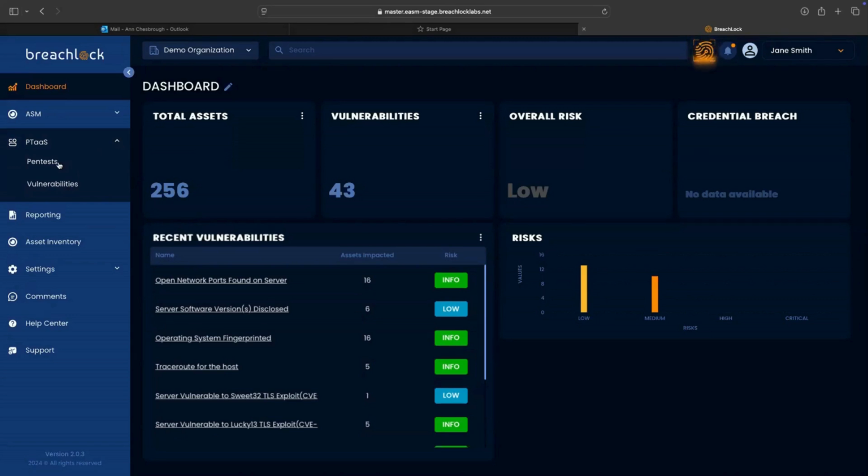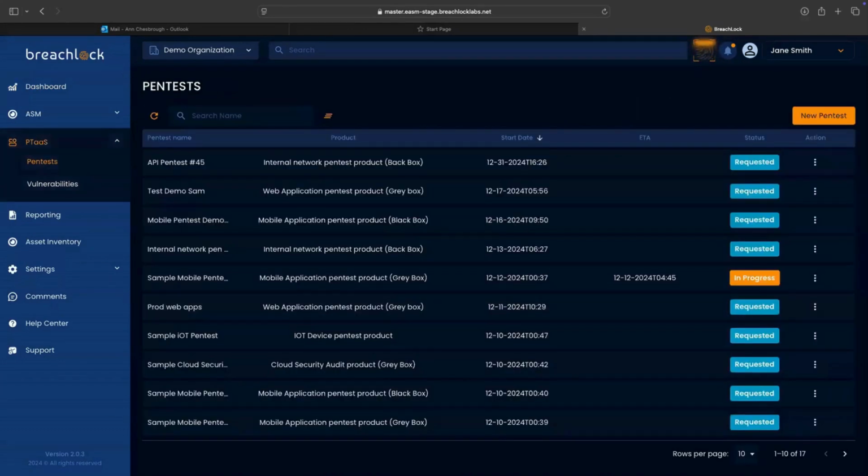This demo will focus specifically on manual pen tests that were defined within the user's organization pen testing scope. So let's click on pen tests and get started. By clicking on pen tests, the user will automatically be taken to a cumulative rolled up view of all pen tests. This includes pen tests that have been requested by the user, those that are in progress,